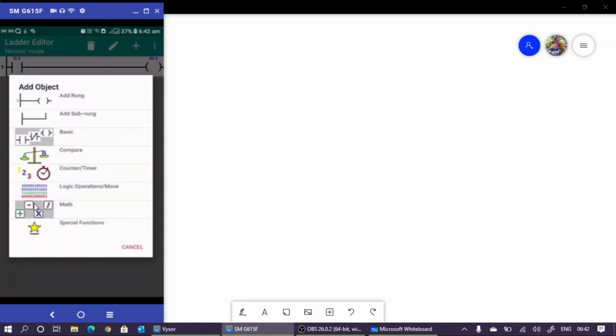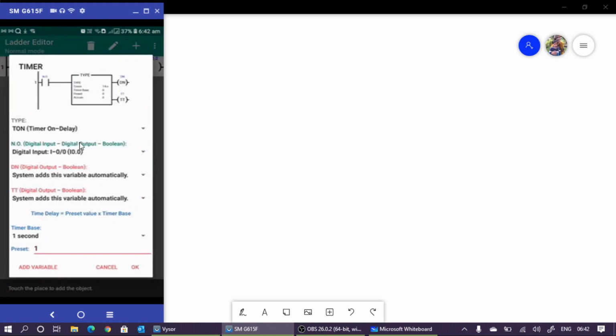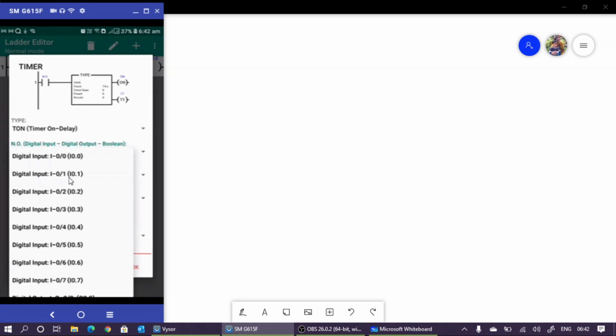So now we are going to explain the next one. So already you are familiar with the counter, with this counter up down. Okay. I am leaving it to you. So now timer on delay. So press this one. So here I am adding. So you can see that it has one input, and it has TT and DN. So we can check that. First one, NO, this input. So I told you already I0 is given. So here I can give I1.